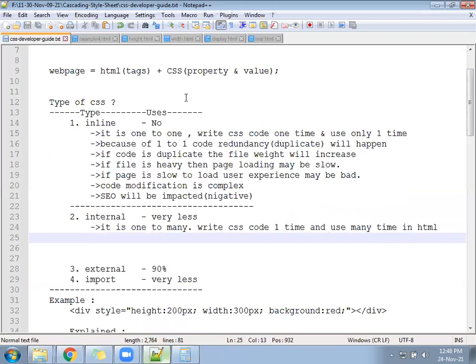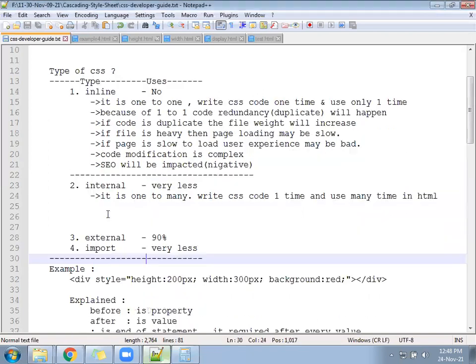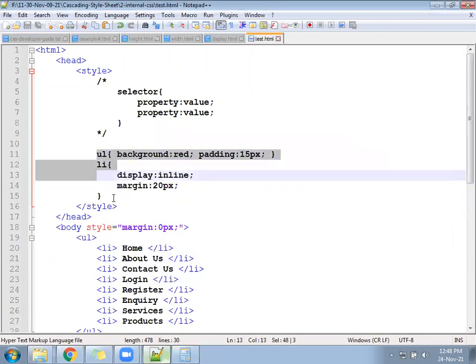Okay, after that, we have created one example. File name is test.html. You saw you have written the CSS one time and we have used it how many times? Many times.